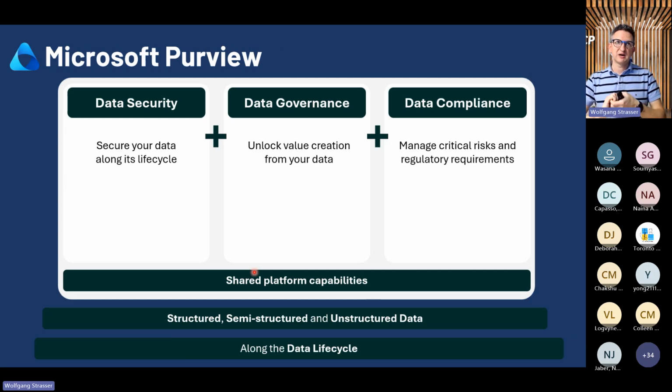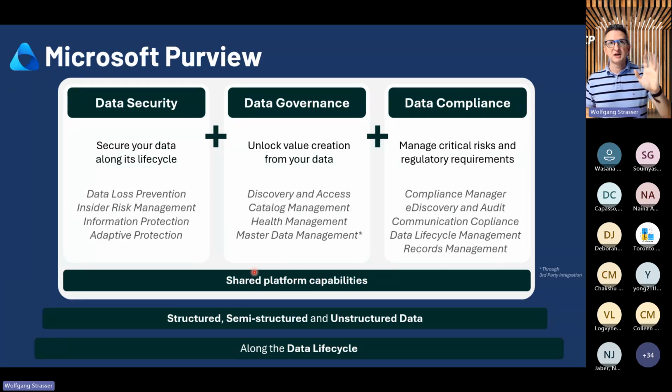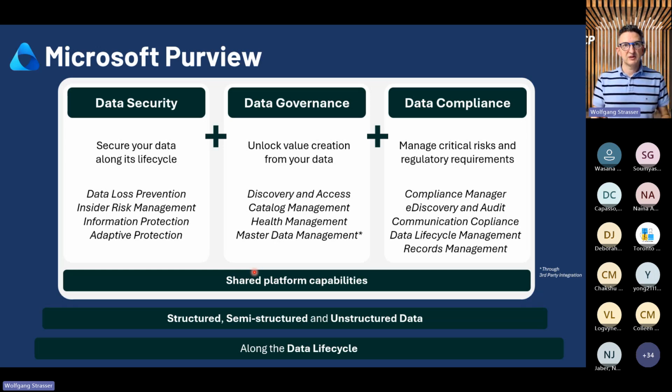So Purview is about to secure your data along the life cycle. I've talked about one of those examples, the sensitivity labels, the information protection. So set a label, assign a label to a document or to a Fabric item. In Fabric, that information is inherited, so from the lakehouse to the semantic model to the report, and even to the Excel file that is exported from that report. And then you can secure that one.